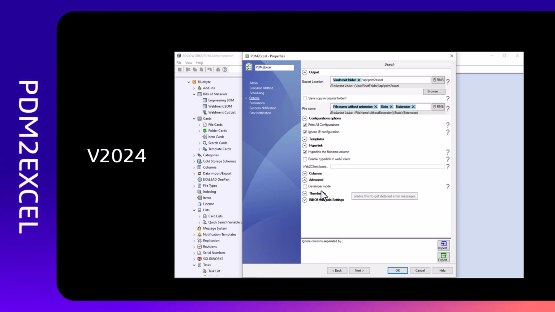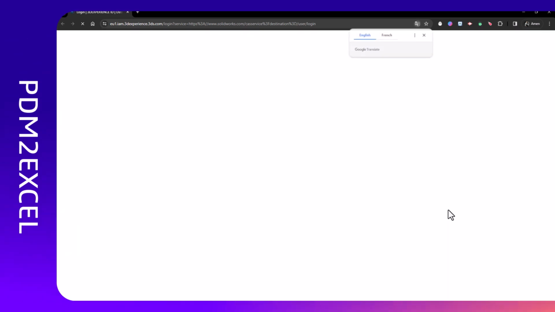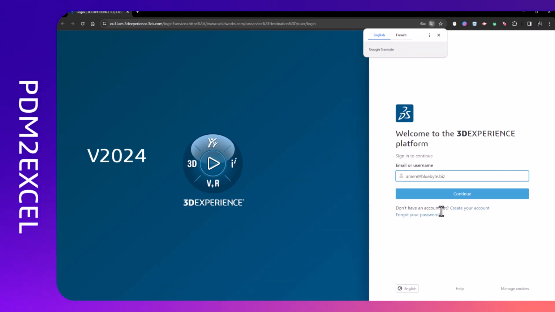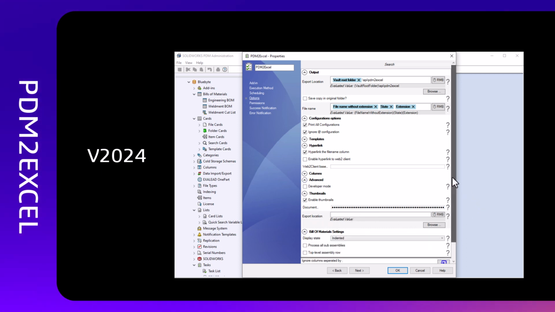Now, if you want to use thumbnails, you need to make sure that you have the document key or the document manager key. And you can click on this button right here, and that will take you directly to the appropriate page in the platform in order to request the key if you don't have one already. If you want to export the thumbnails as separate files, you can specify the export location right here. And finally, you can specify the